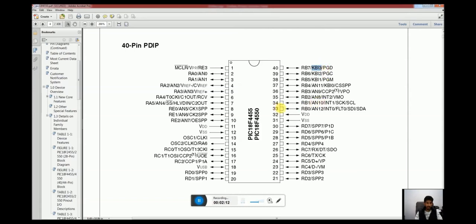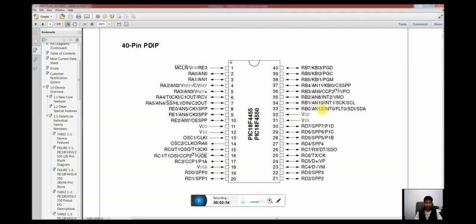For example, if we look at pin number 34, that is RB1. So one function of this pin is to be associated with port B, pin 1, that can be used as a digital input-output port. The other function that is written in front is AN10. Now AN stands for analog. So all the functions associated with these pins with the prefix AN correspond to the analog channels. AN12 means analog channel number 12.